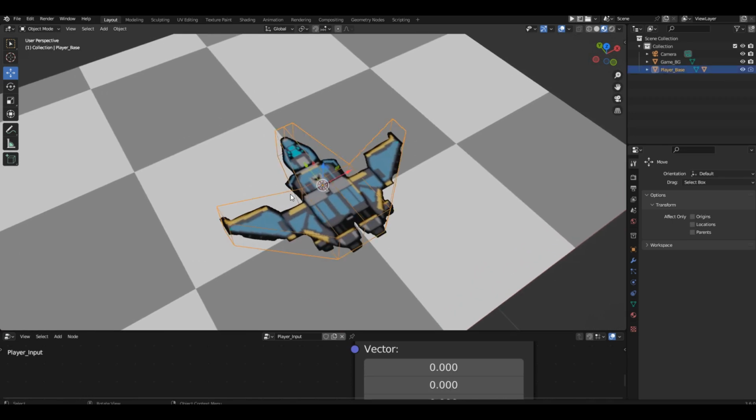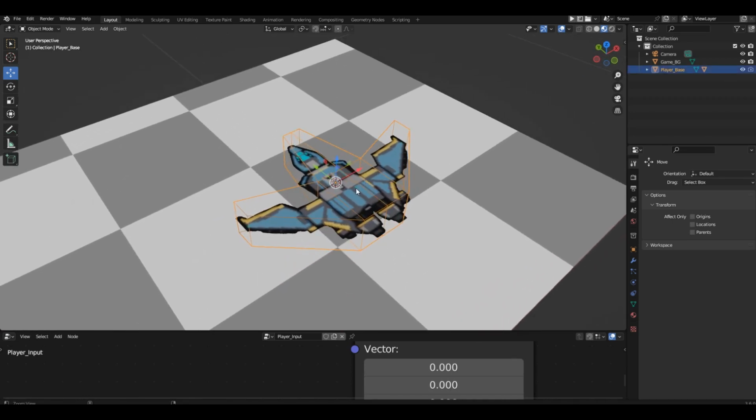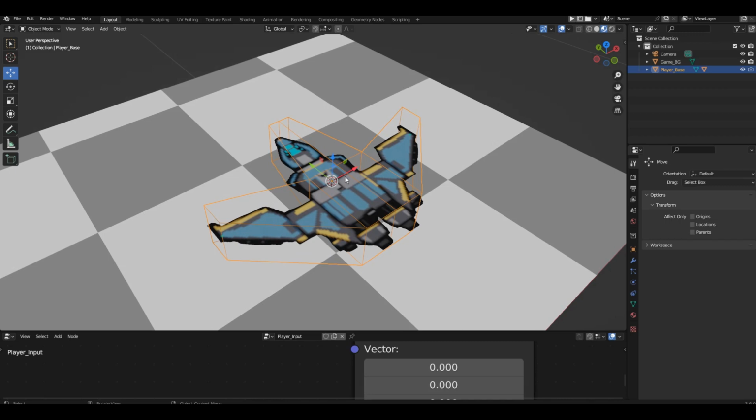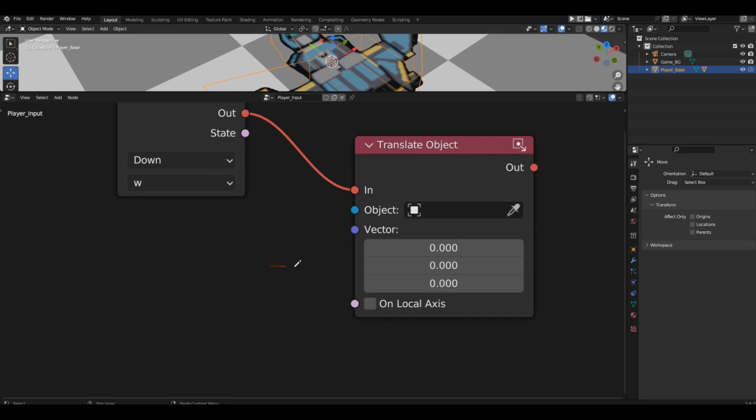The spaceship will move along the global axis. If we select our base and enable the gizmo and check that the global coordinate system is set in the settings, we'll see that moving forward means moving along the y-axis in the positive direction. There. On our block, the y-coordinate occupies the second row. This means we should enter a positive value there that will move our spaceship each frame.